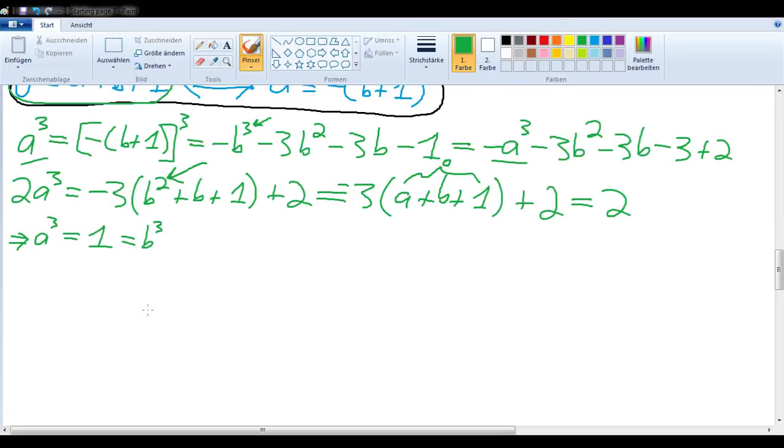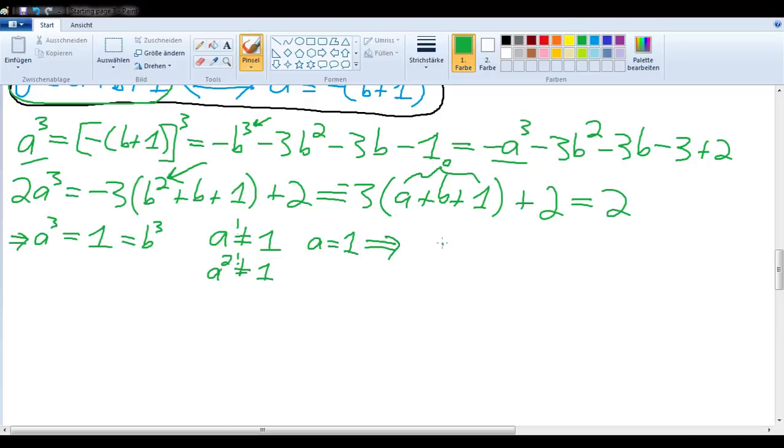Now, in order to show that they are not simply cube roots of unity without being primitive cube roots of unity, we need to show that a is not equal to 1, and theoretically speaking, we would need to show that a squared is not equal to 1. So that's what we want to show, right? So if a were equal to 1,